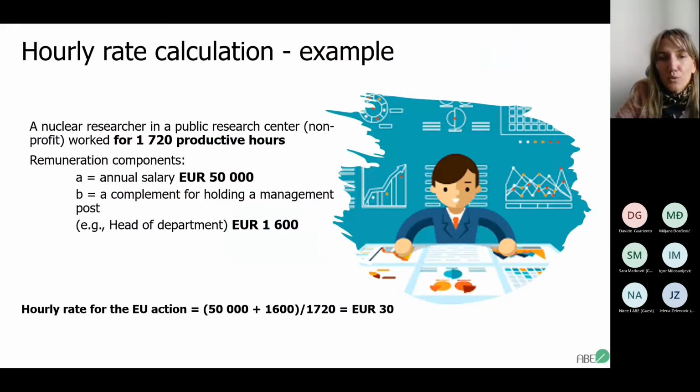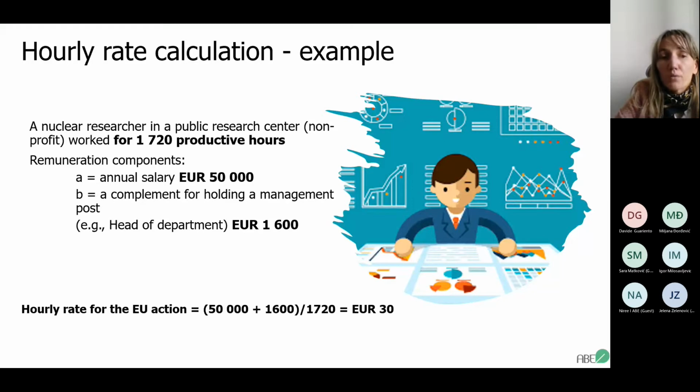So we have a nuclear researcher, for example, let's say working for a public research center, of course a non-profit organization, that worked for 1,720 productive hours, which is actually one project year, one year in general. So remuneration components: his annual salary, for example, is 50,000 euros, and he's a head of department. So the complement for holding a management post is